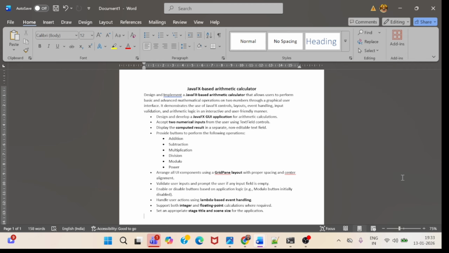Let us discuss what the important components and logic developed in this application are. In this application, we accept two numeric inputs from the user using text field controls. The result is displayed using a separate non-editable text field, and we provide 6 buttons for performing various arithmetic operations like addition, subtraction, multiplication, division, modulo division, and power operation, and all these components like text fields and buttons are arranged using